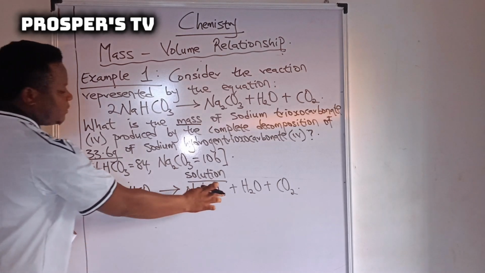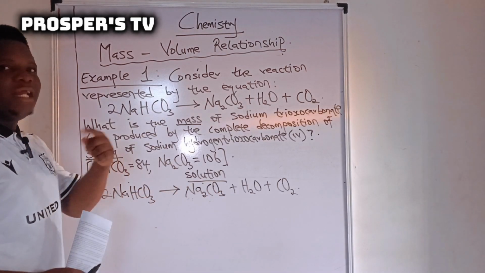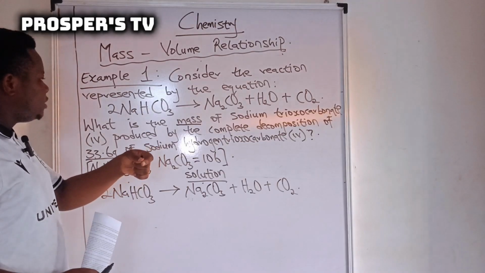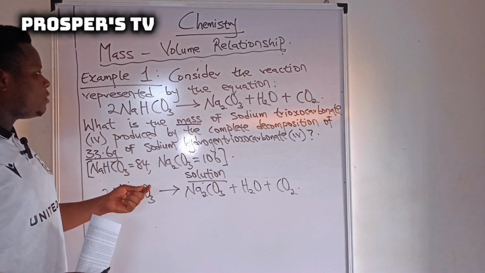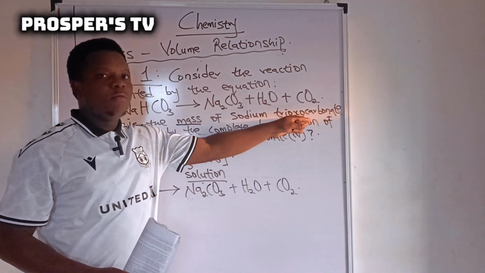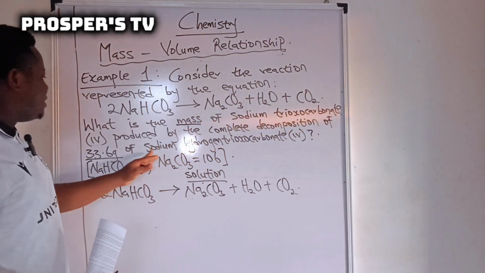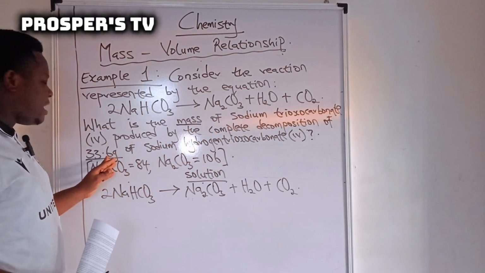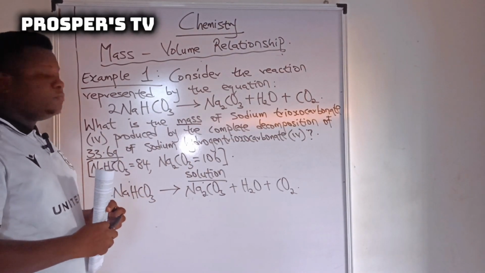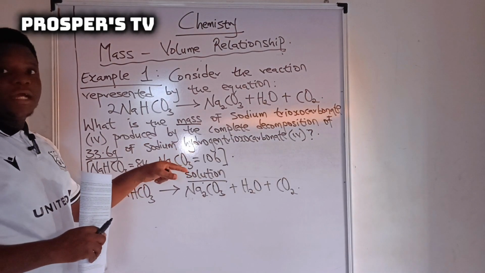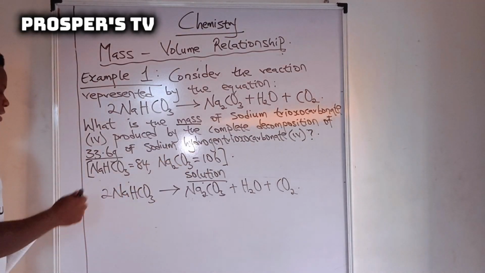After identifying, you take note of the nature of the question. The nature of this question is a mass to mass problem. What do I mean by mass to mass problem? For this particular compound, you're asking for the mass, and for this second compound, they gave us the mass also. So this is a mass to mass problem. Since we have specified that this is a mass to mass problem, the next thing I would do is to say from the equation,